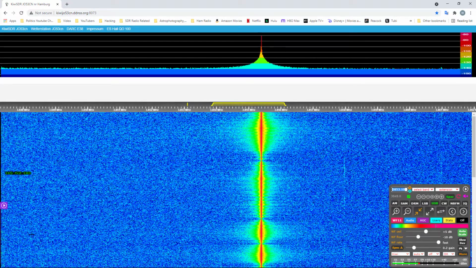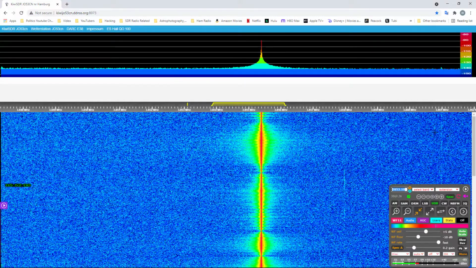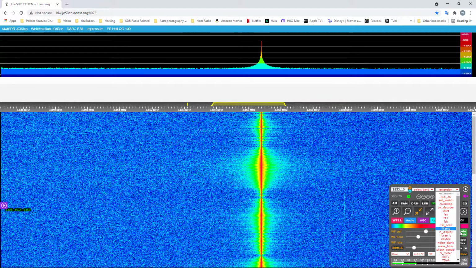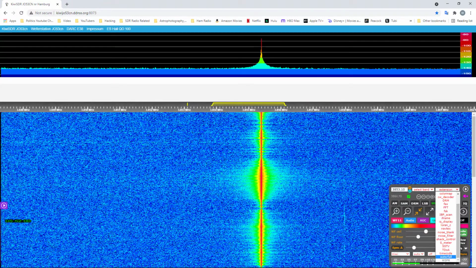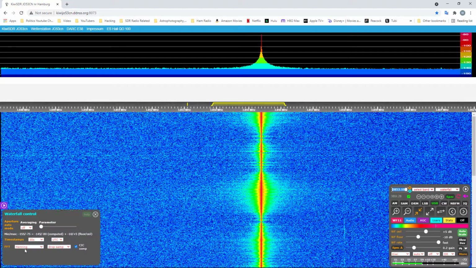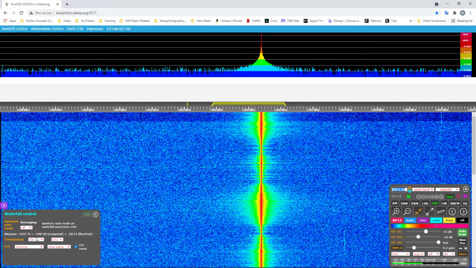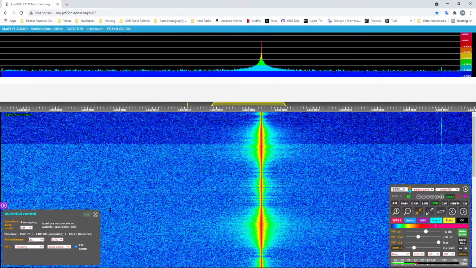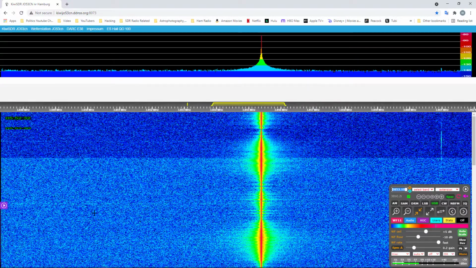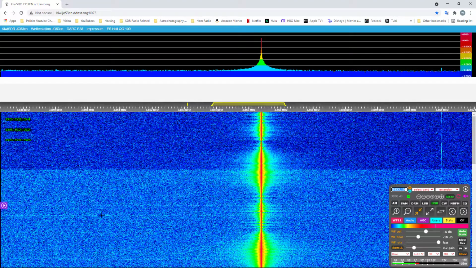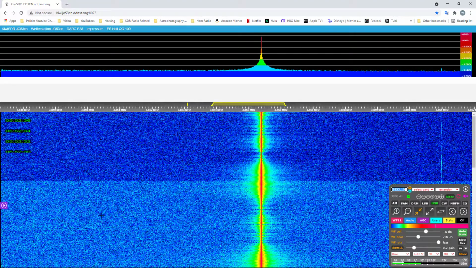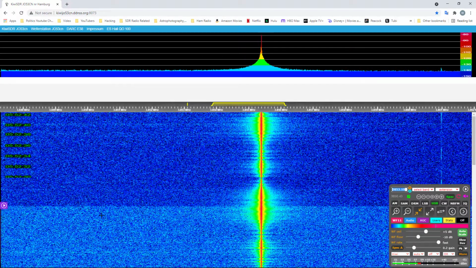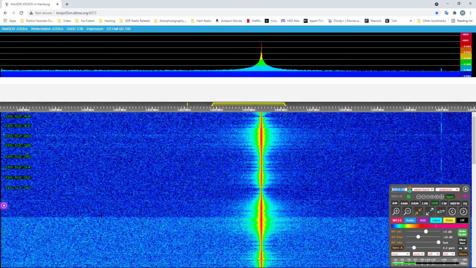Now it's just written on the waterfall. So that's a nice little feature there. I'm going to go back to waterfall, show you what it looks like every 2 seconds. Yeah, there you go. So if you think 30 seconds is a little too slow for you, here's every 2 seconds.